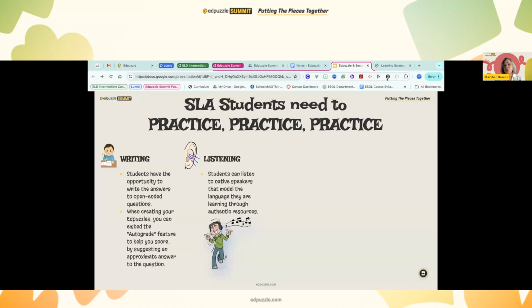You can also go again and revise everything, but that is an excellent feature for practicing writing with our ESOL or ELD students, or second language acquisition students, if they're learning Spanish, French, Mandarin, whatever language they're learning, writing is crucial.